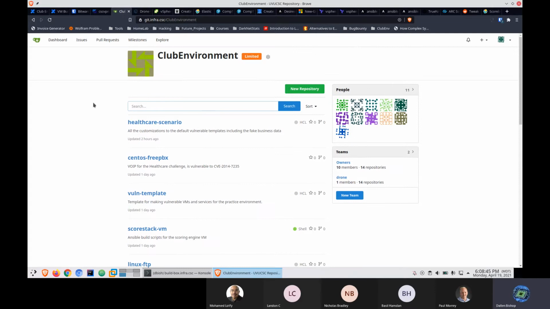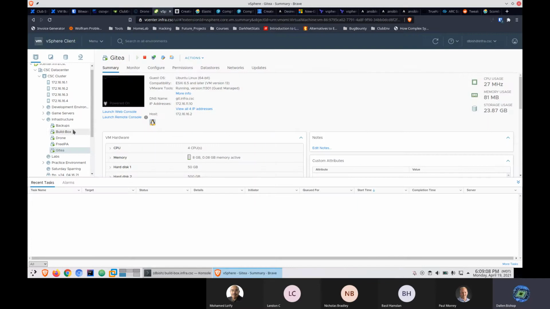It takes care of building the VMs as well as deploying the VMs for the, I guess you could call it a production environment, but the practice environment. And then going back,